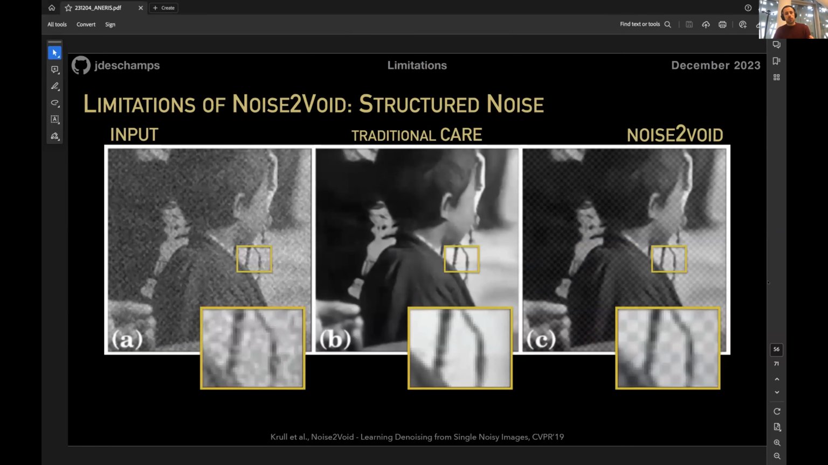Another big limitation of Noise2Void is when you encounter structured noise. I mentioned that one of the fundamental key assumptions of Noise2Void is that the noise is independent from one pixel to the other. The amount of noise in one pixel is not correlated to the amount of noise in the surrounding pixels. Now, if you do violate this assumption, if you have structure in your noise,